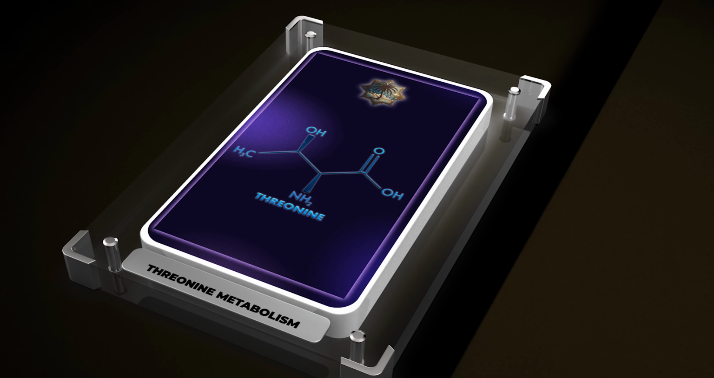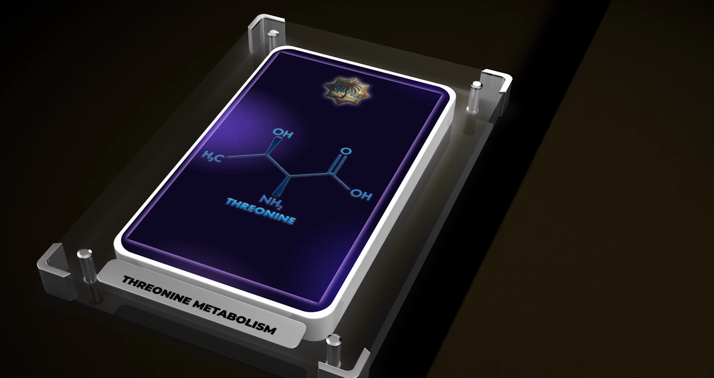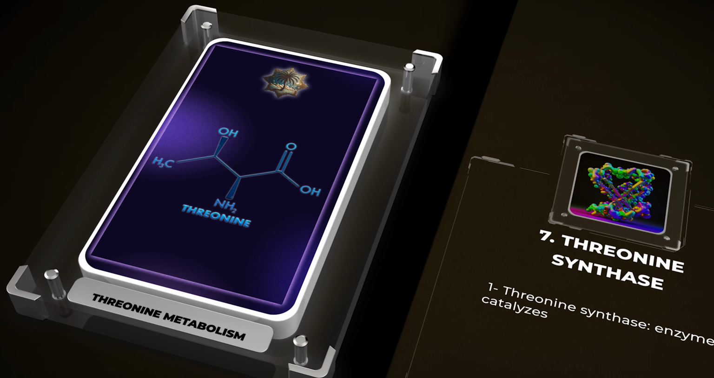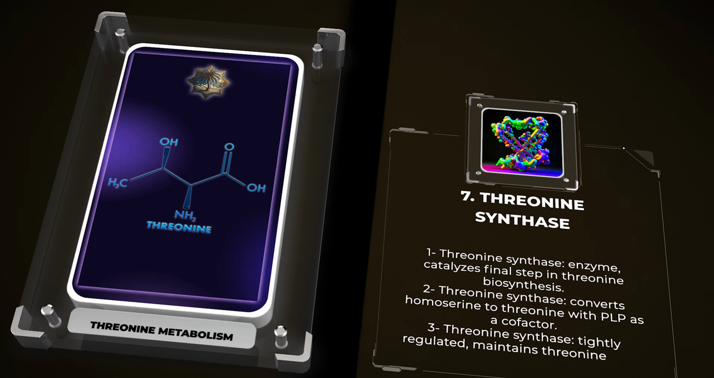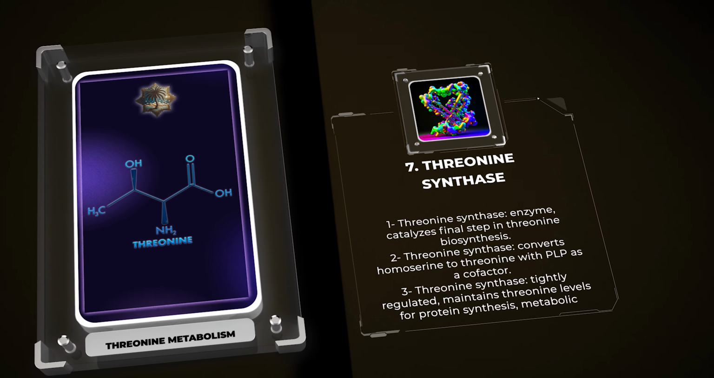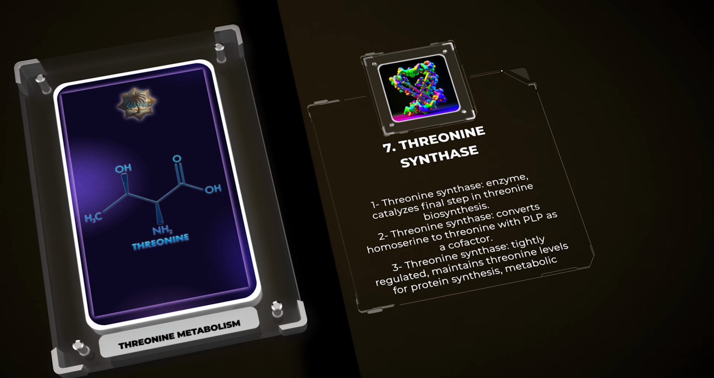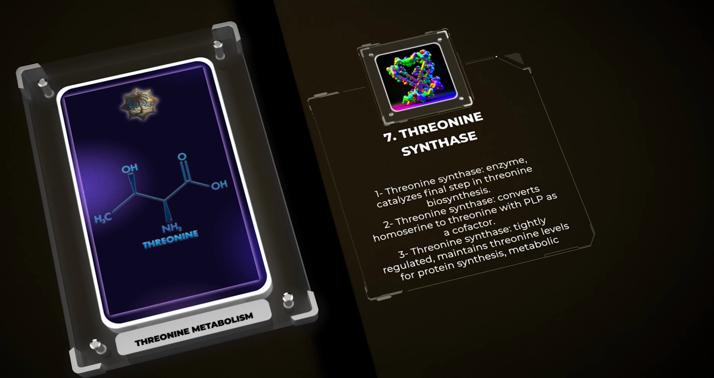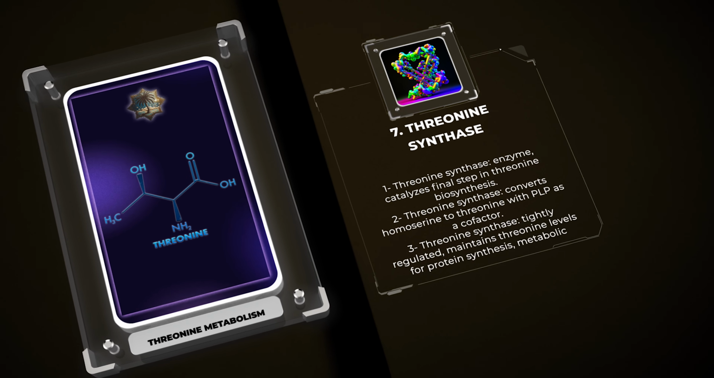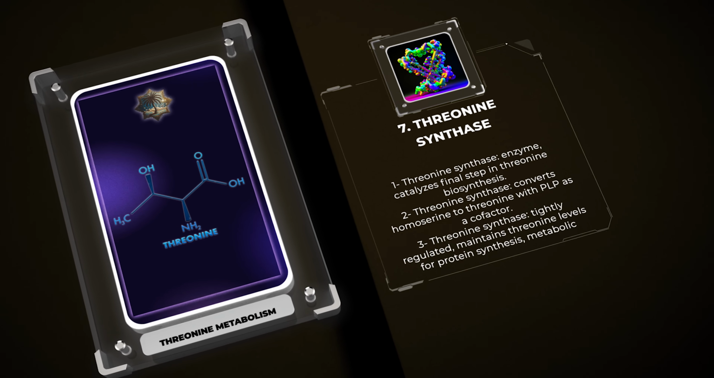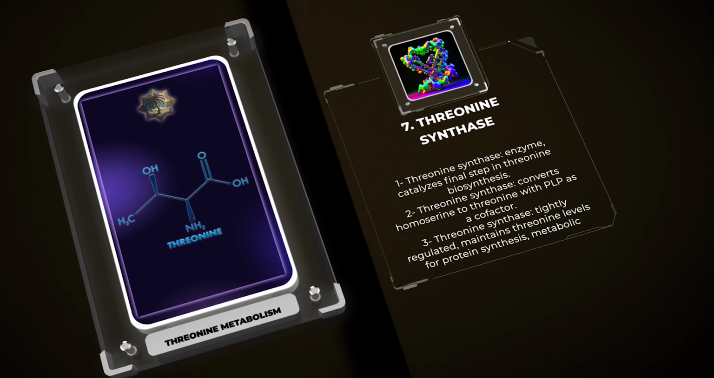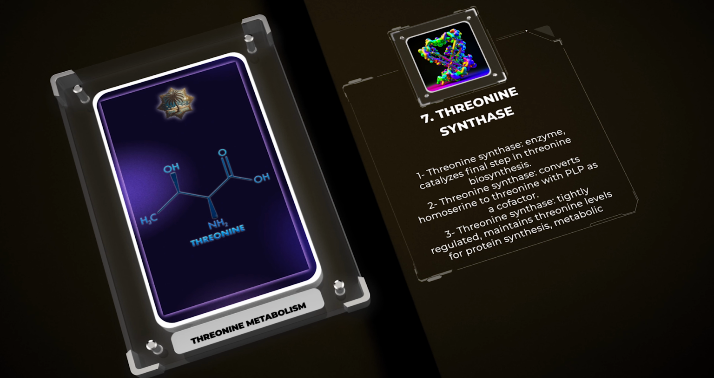Threonine synthase is an enzyme that catalyzes the final step in the biosynthesis of threonine from homoserine. This reaction involves the conversion of homoserine to threonine in the presence of pyridoxal phosphate, PLP, as a cofactor. Threonine synthase is an essential enzyme in organisms capable of de novo synthesis of threonine. The regulation of threonine synthase activity is tightly controlled to maintain appropriate levels of threonine for protein synthesis and metabolic